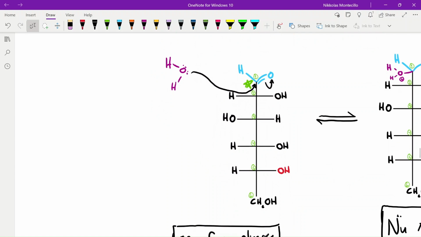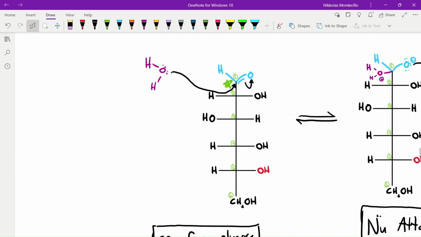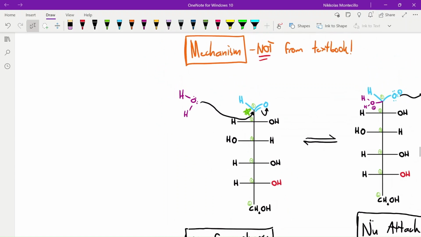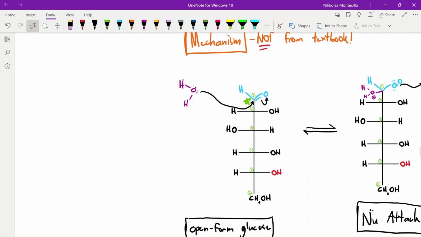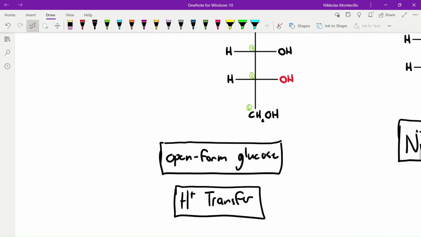So we can see here that there's a proton transfer, or sorry, I think I made a mistake here. This is not a proton transfer. This is actually a nucleophilic attack, from what it seems like,